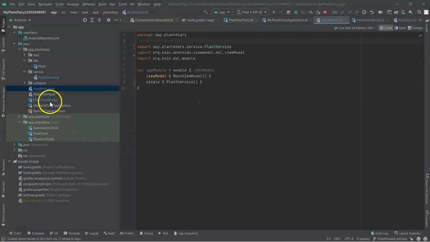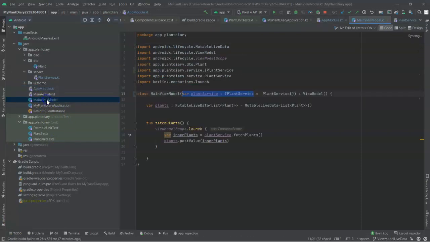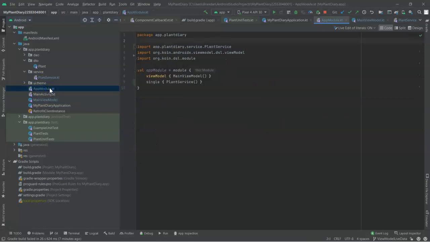Now here's where things get neat. If we take a look at main ViewModel, we realize that it has a parameter of type iPlantService. Now it's an optional parameter because we're giving it a default here, and the default is plant service. And that works. But if we look at appModule, we have a neat option available to us. We can indeed call that constructor with no parameters, or we can call it by passing in a plant service